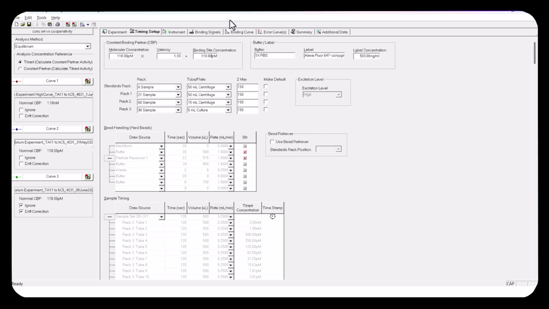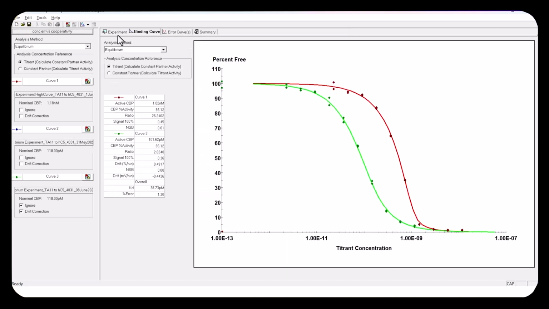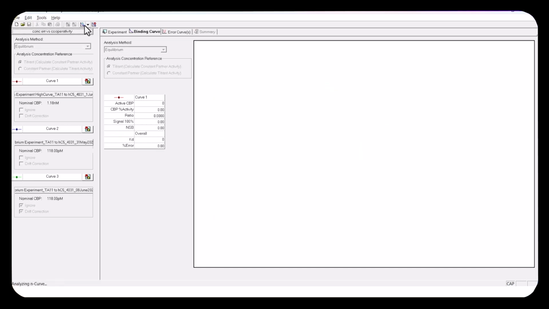And then I'm going to go into the binding signals tab, and I'm going to ignore the second trial. Now, I already warned you that you cannot use the drift correction if you only have singlet data. And now I'm going to go ahead and do that to show you one of the numerous reasons why you shouldn't do this. So when I do that, if I come back out here to the analysis and I click Analyze again,